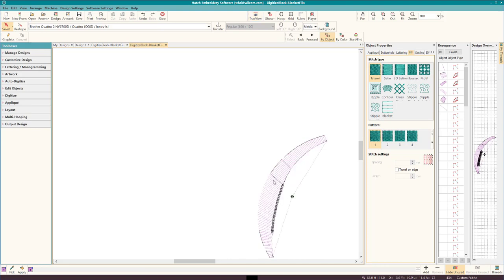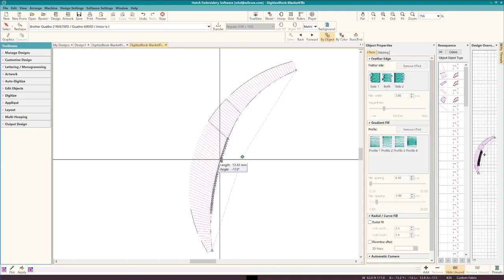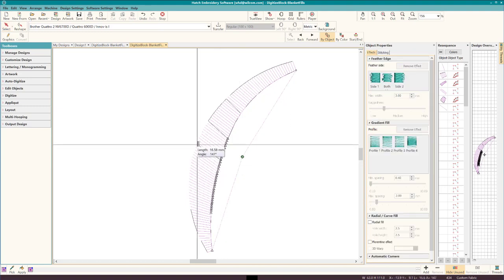We'll turn true view off and the stitches are actually there, but you can see the lines are dotted and there's a trim and a tie off at the end of each line. This is indicating that the stitches are just too long for any machine to stitch. So if I go from there to there,